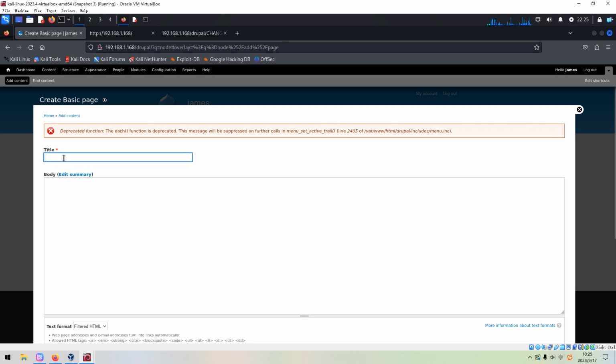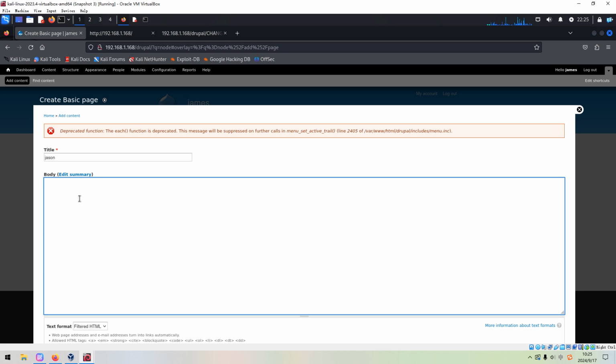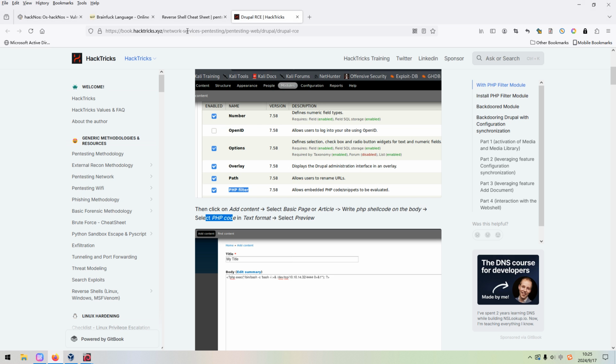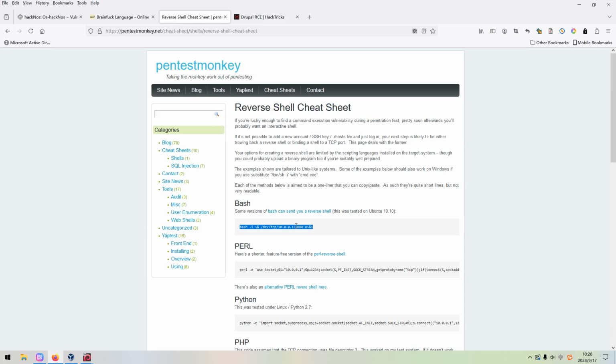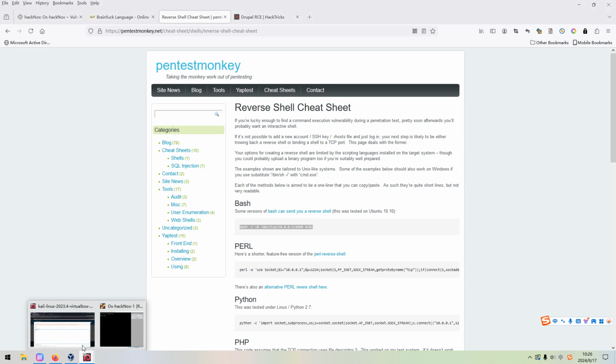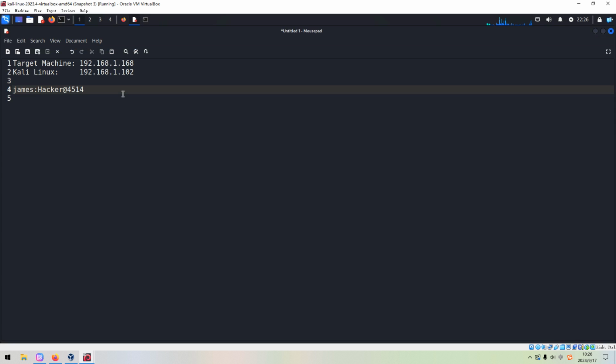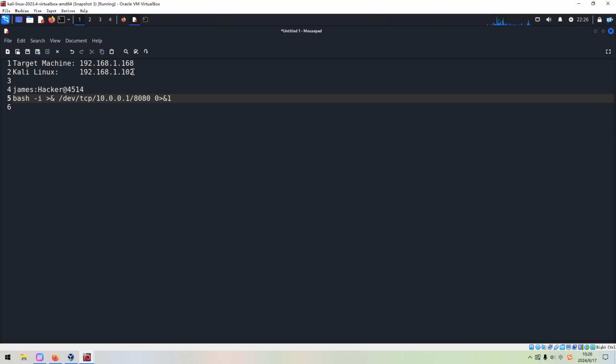We can use a title like JSON, and in the body we can write PHP code, PHP exec, and we can go to the website of pentestmonkey to get the reverse shell command. And we need to do some modification. Of course, the IP address should be the Kali's.